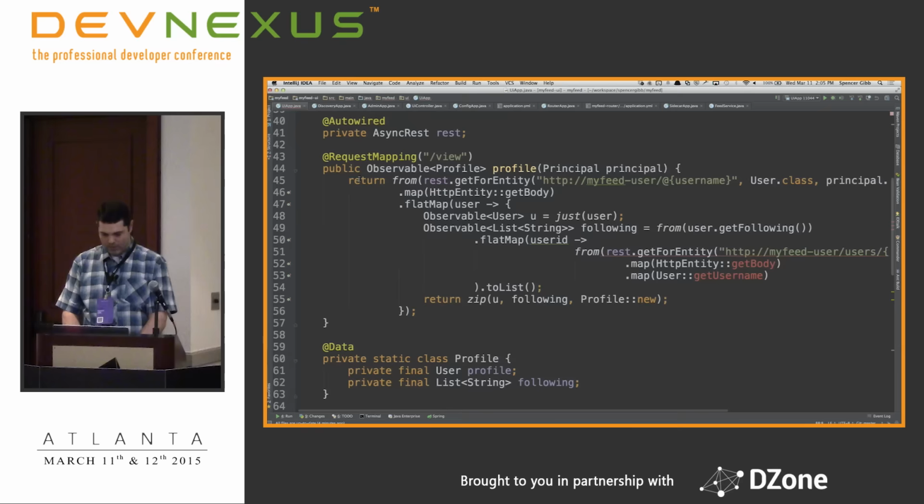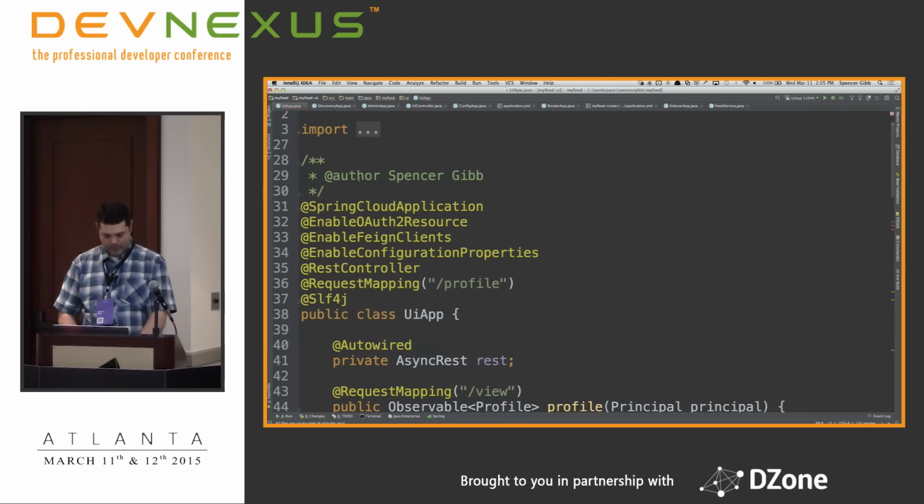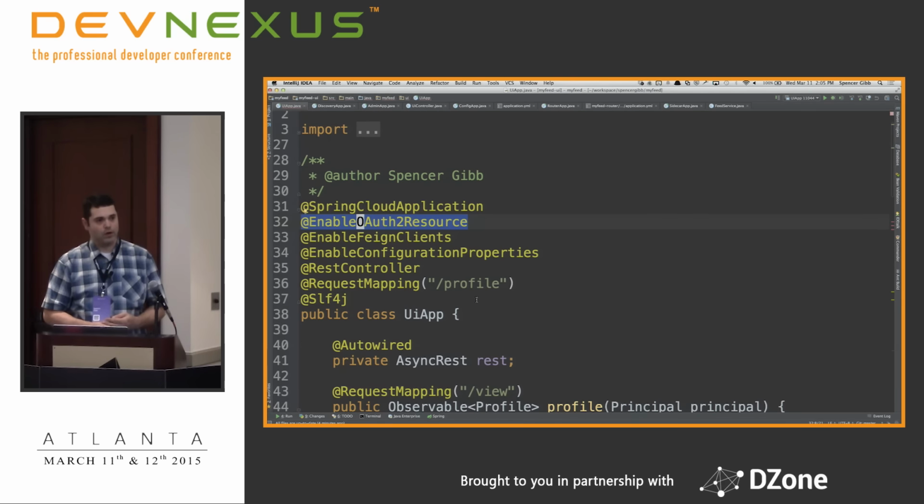The application that is secured is the UI. So we come back to the UI, and you put the OAuth resource on it. And so this says we have the router, it knows to forward the OAuth token appropriately to the backend service that it needs.